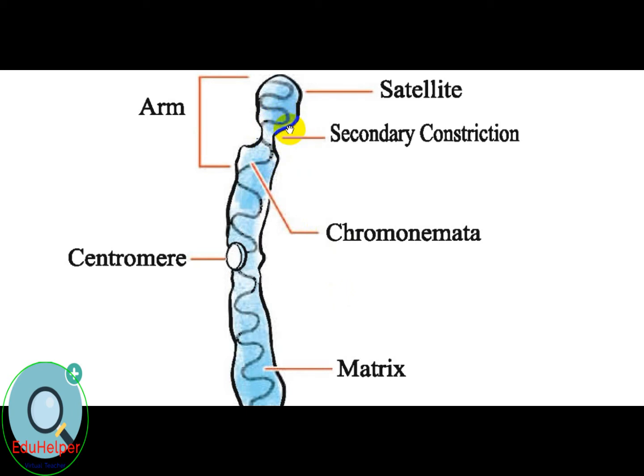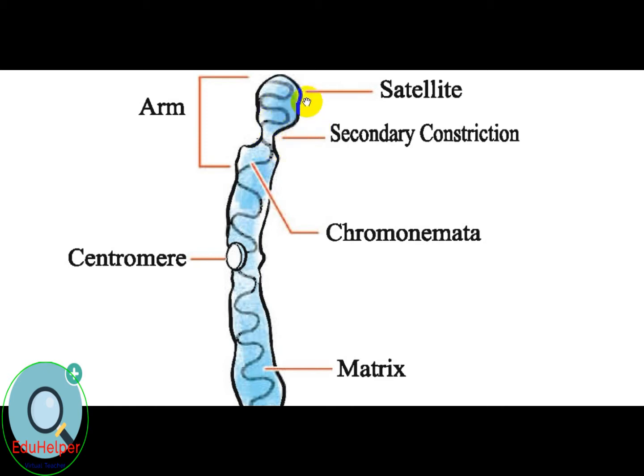Besides the centromere, which produces a primary constriction in the chromosomes, a secondary constriction is observed in some chromosomes. In some cases, the secondary constriction takes part in organizing the nucleolus. Then it is called the nucleolar organizer. A secondary constriction, if present in the distal region of an arm, would pinch off a small fragment called a trabant. Chromosomes having a satellite are marker chromosomes and are called SAT chromosomes.